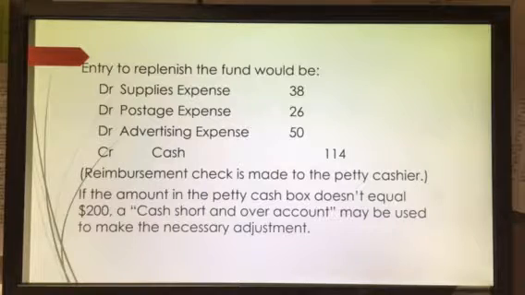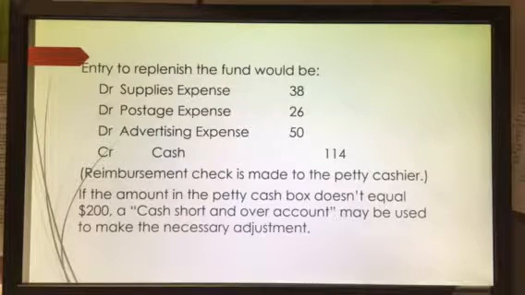If the amount in the petty cash box doesn't equal $200, for instance, let's say we have a surprise audit where the petty cashier is approached by someone in the administration who's been authorized to do this, very often someone from the accounting department, and says, okay, I need to do an audit of the petty cash. And let's say they open up that box, and the amount in the petty cash box, that is the sum of the receipts and the remaining cash, is not $200. Let's say it's $195. Then $5 is missing, and a cash short and over account would be used to make